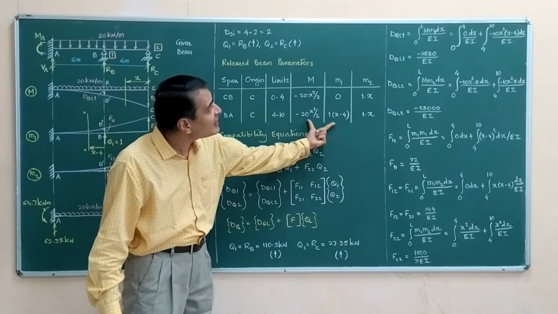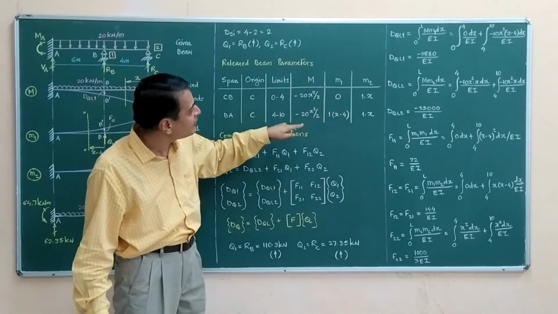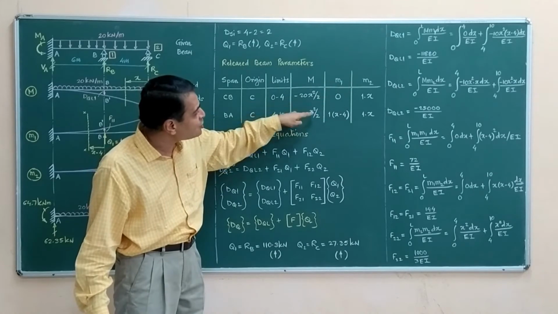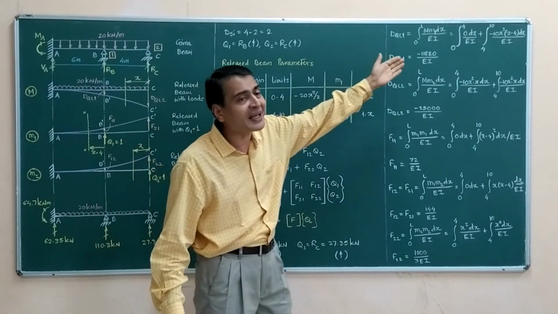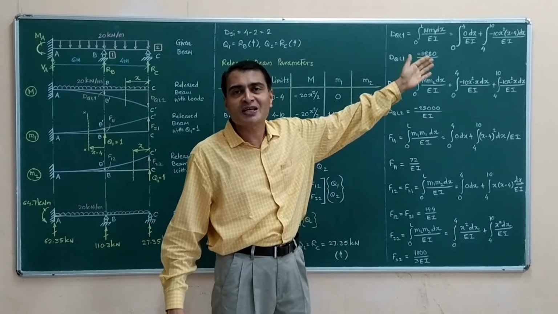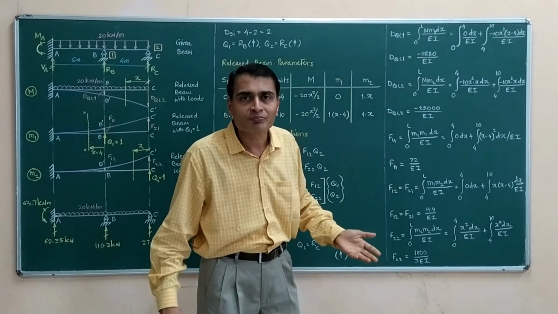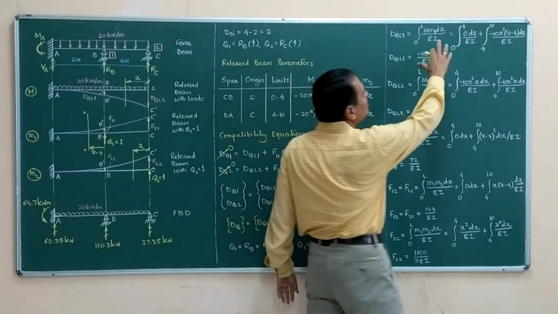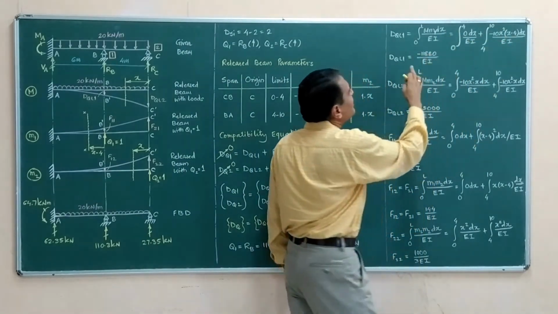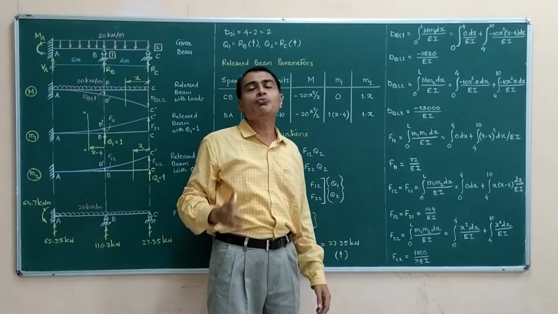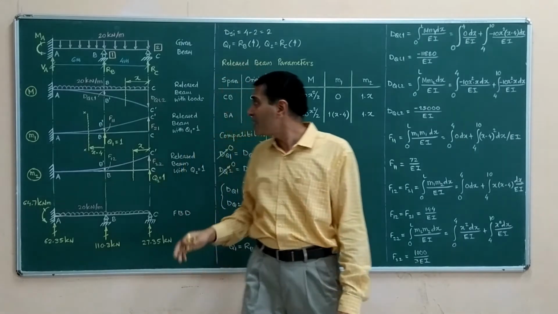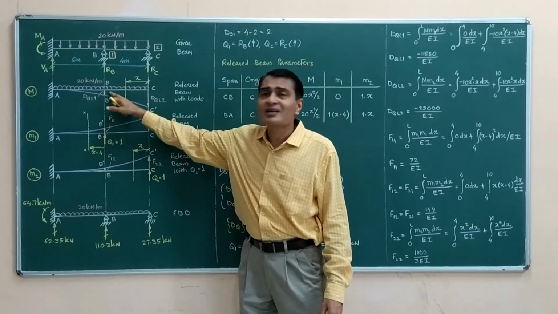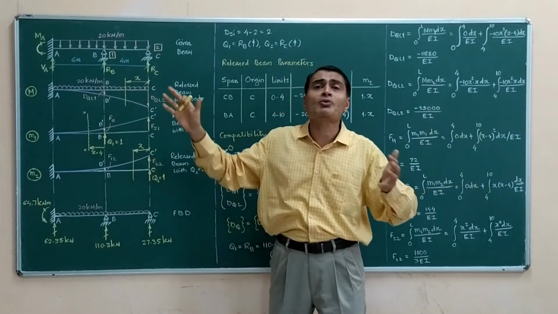See that exactly the same things I have written there. This minus 20 x squared by 2 I have just simplified as minus 10 x squared. That minus 10 is minus 20 by 2, nothing else. And then I solve these integrations and I am getting negative 11880 over EI. Negative indicates downwards, and that is what we anyway know from our diagrams.